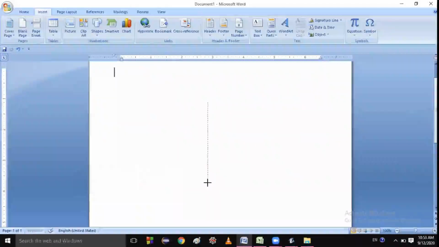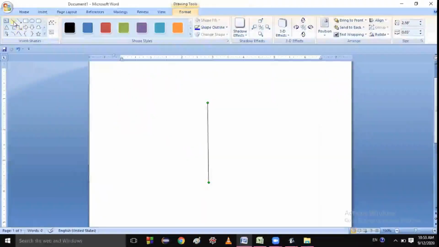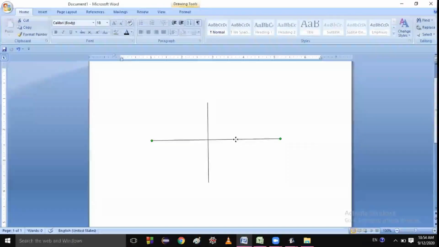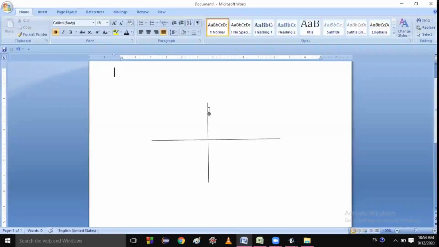Suppose this is y-axis. You know y-axis and x-axis? Yes. So this is x-axis, okay? This horizontal line is x-axis and this vertical line is y-axis. So suppose if I numbered here 1 centimeter, 2 centimeter, 3 centimeter, 4 centimeter. And I mentioned here the line 1 centimeter, 2 centimeter, 3 centimeter in the y-axis.